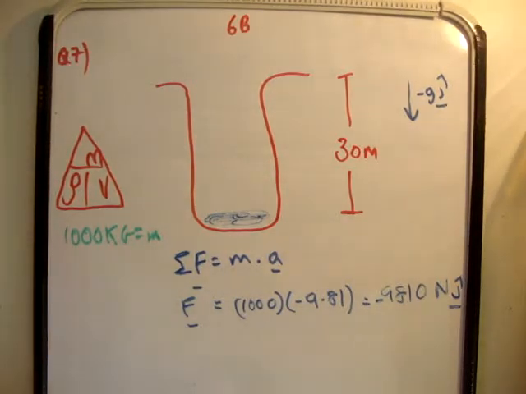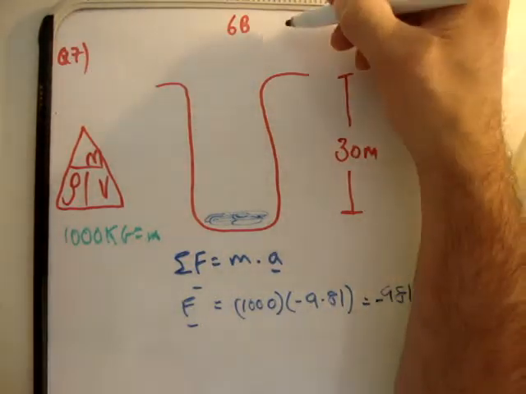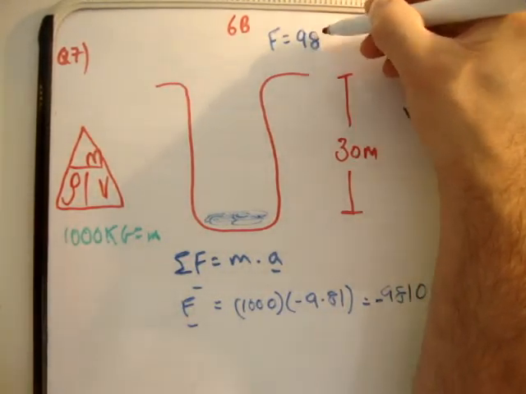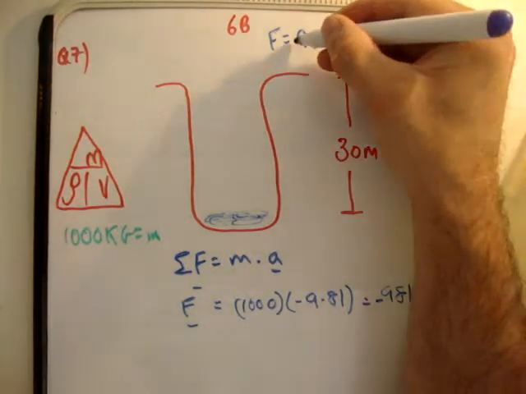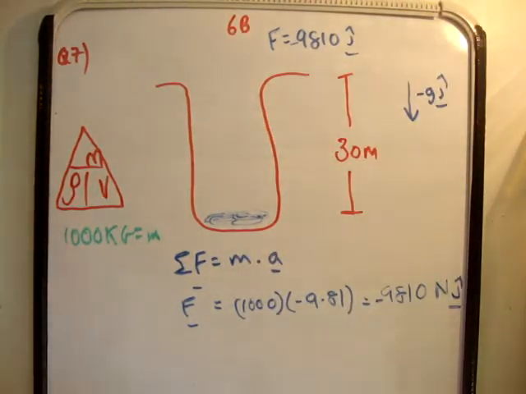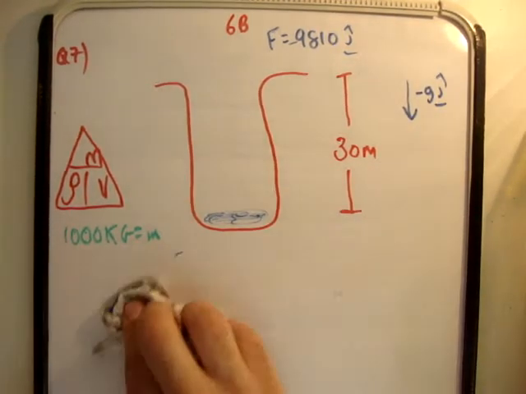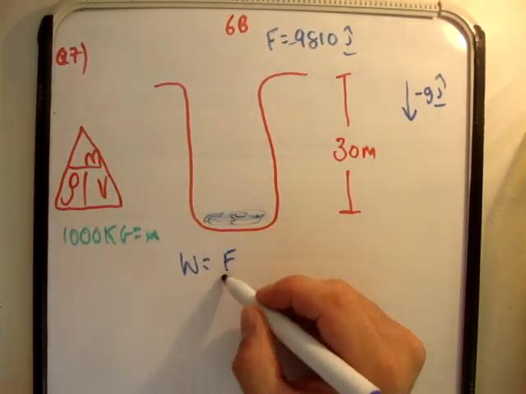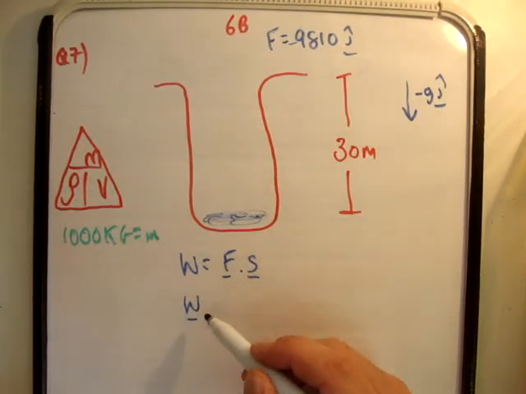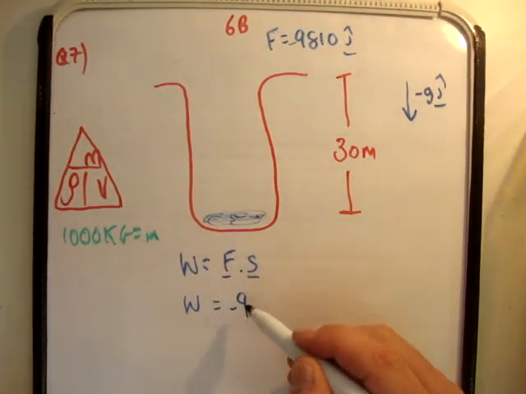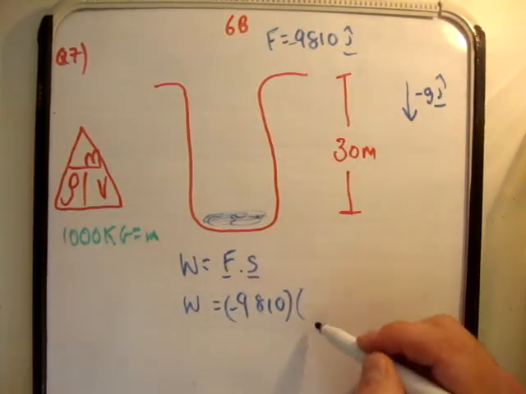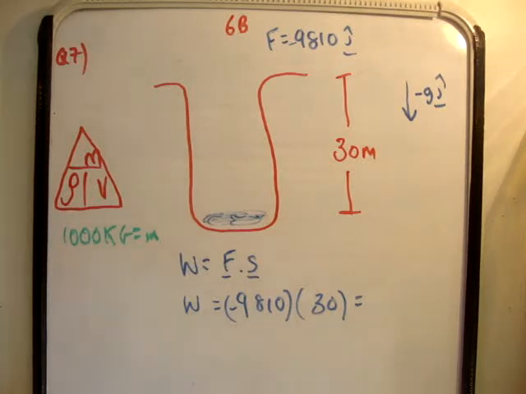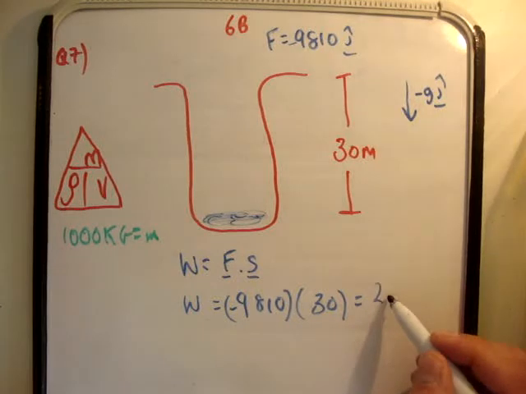The next thing we need to do is to find the work done. So I'm just going to note that F is equal to 9,810 in a negative j-hat direction. Now we know, of course, that work can be negative, it can be positive, and it can be equal to 0 depending on the direction and so on. So work done is equal to the force times the displacement. So in this case it's equal to negative 9,810 j-hat times 30 j-hat, giving an answer of 9,810 multiplied by 30